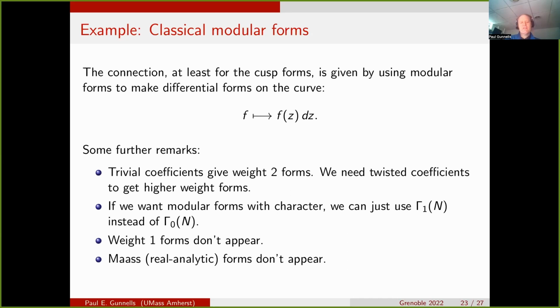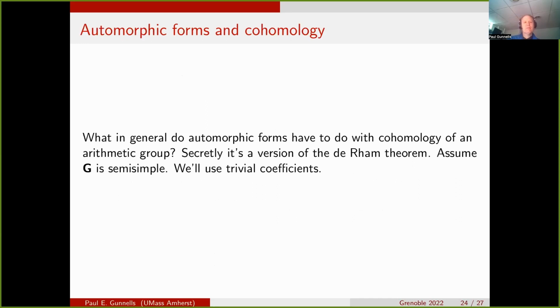And then there are various ways to think cohomologically about Maass forms, but they don't follow this sort of classical framework that I'm talking about now. In what we're talking about, they will not show up. And again, I'm sure I'm repeating a lot of what Haluk already said, but in any case.